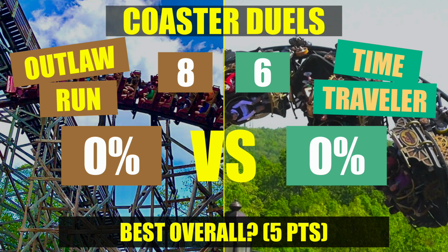Personally, I think they're both really good rides, but I think Outlaw Run just has that edge due to the intensity and the airtime. It's just such a fun ride for me. It's the type of coaster that I like to ride, and so for me, I think it's the best overall. Time Traveler has its great moments, and that uniqueness is what is really special about that ride. But if I had to choose one ride to ride there for the rest of my life, I would choose